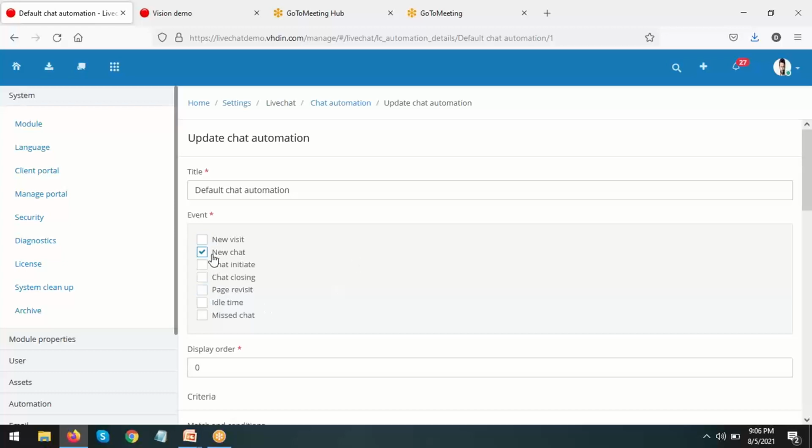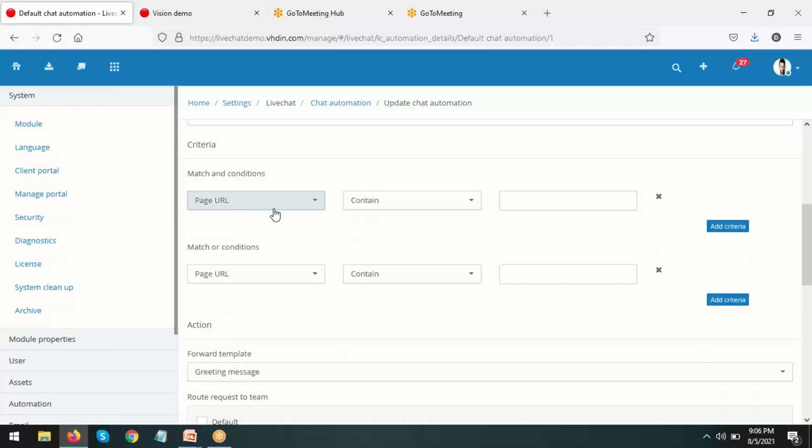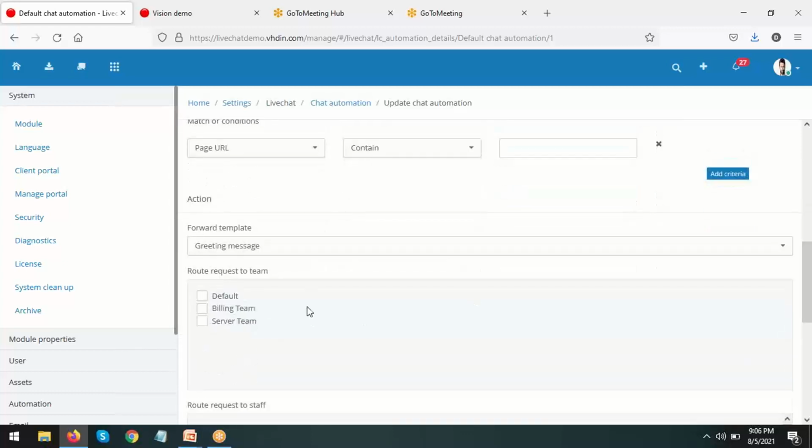Whenever there is a new chat, the event would be a new chat, and under criteria, we have given this country option. So you can provide your customer this support based on country. If country equals, say, India, you can auto route this chat to your dedicated staff member.